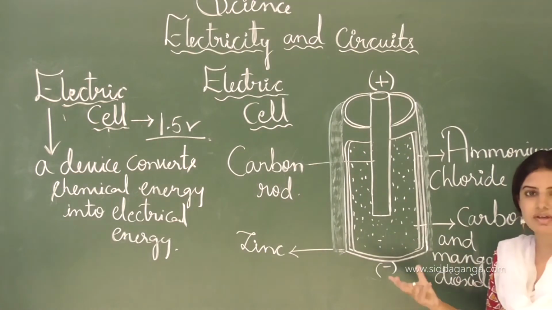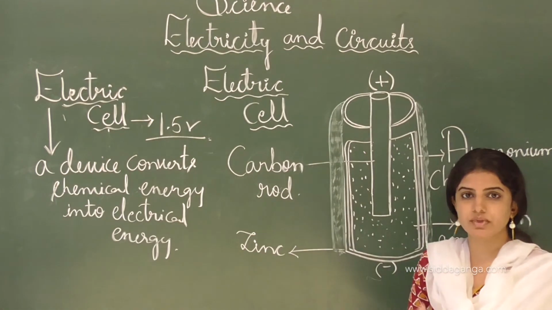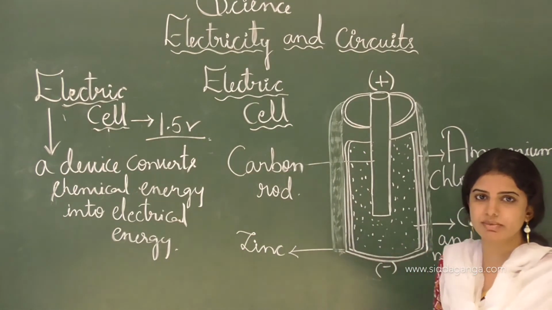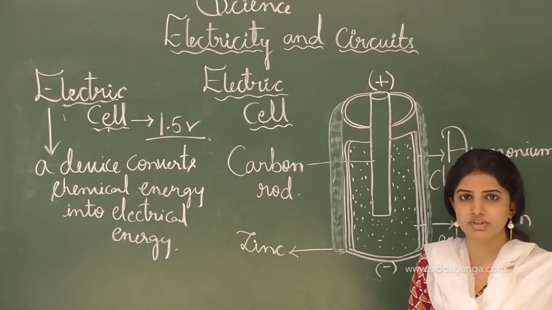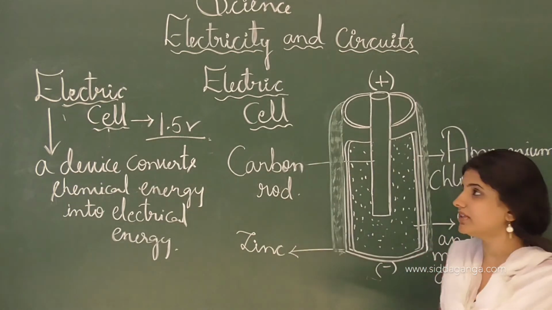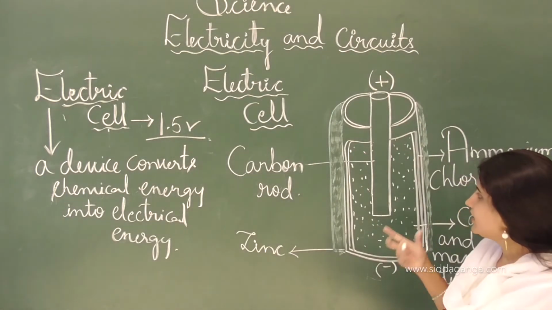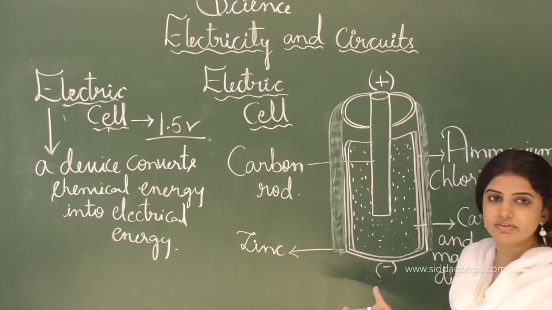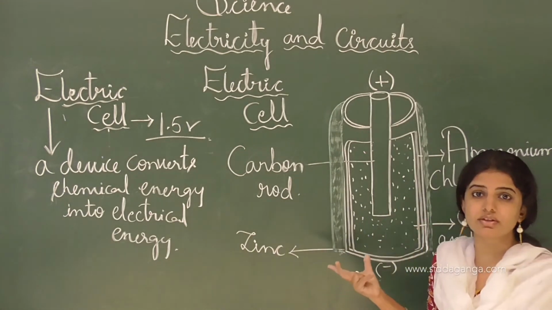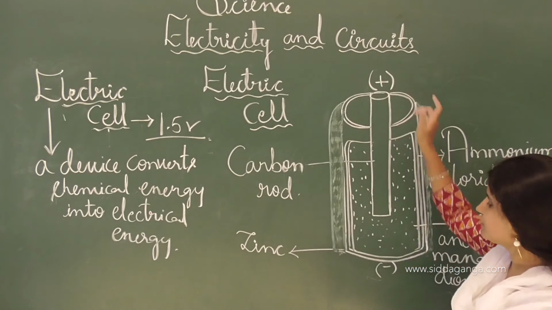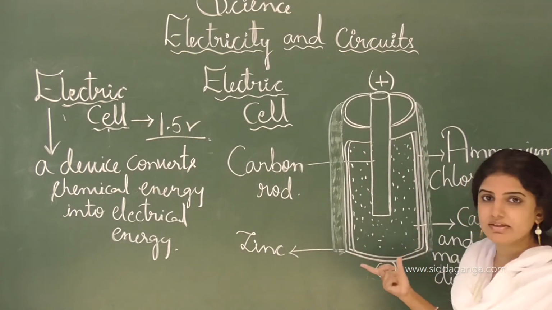See, an electric cell is cylindrical in structure, and as with an electric bulb, here also two terminals will be present. If you observe the electric cell closely, you can see the two terminals, that is the positive terminal as well as the negative terminal. And see, this is the outer surface of the dry cell or the electric cell. You can observe the positive sign as well as the negative sign. See, this is the structure of the electric cell.